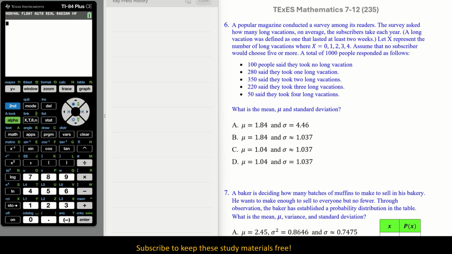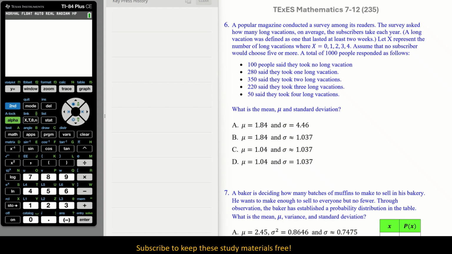Number 6. A popular magazine conducted a survey among its readers. The survey asked how many long vacations, on average, the subscribers took each year. A long vacation was defined as one that lasted at least 2 weeks. Let X represent the number of long vacations where X equals 0, 1, 2, 3, 4. Assume that no subscriber would choose 5 or more long vacations. A total of 1,000 people